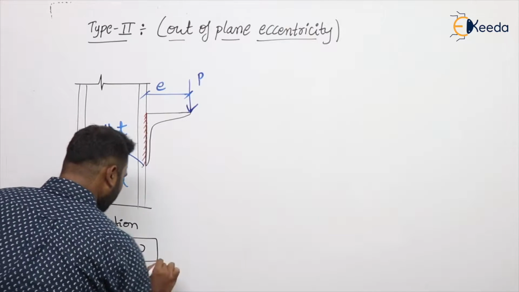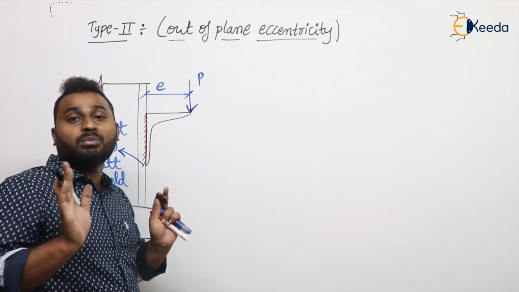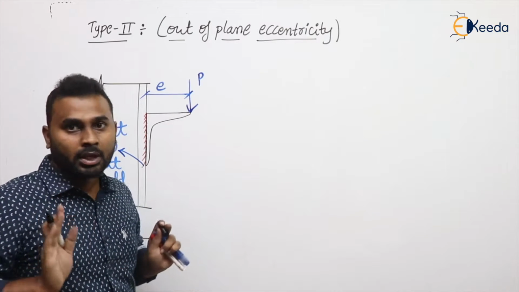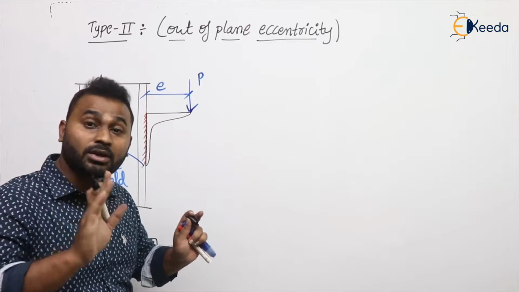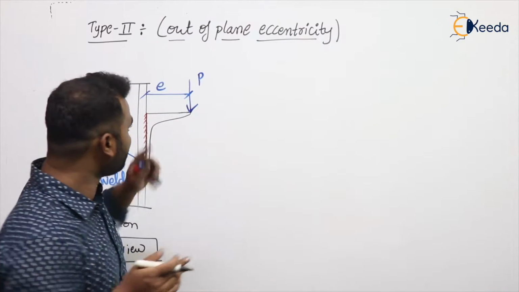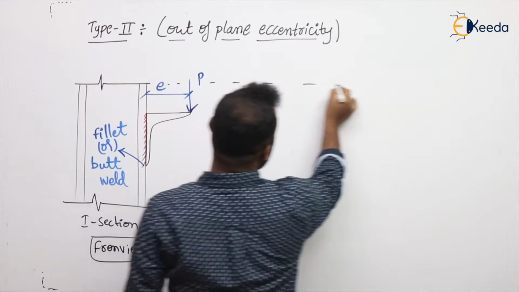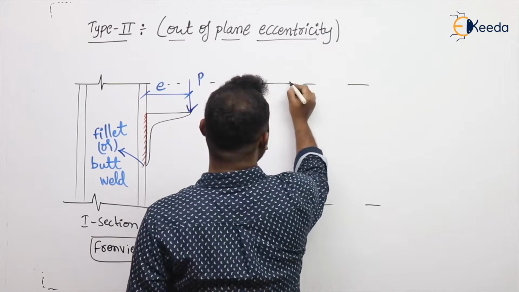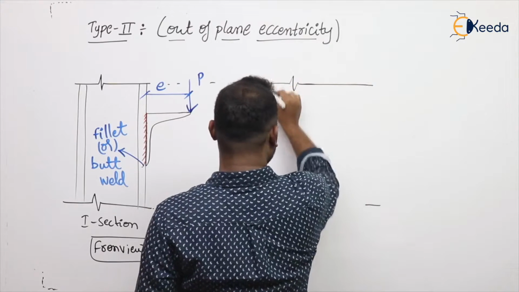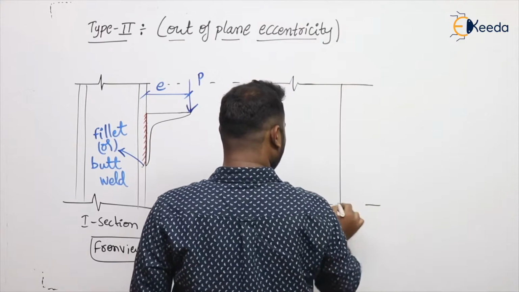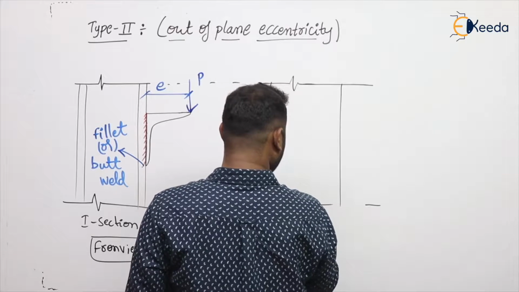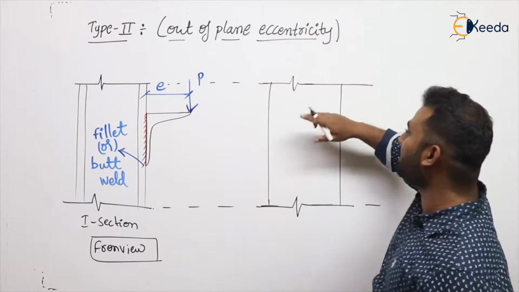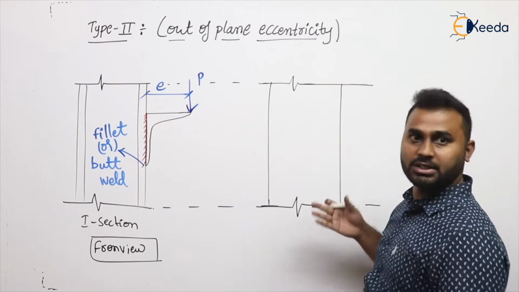In front view, we can't observe the difference between fillet weld and butt weld. Only in side view we can observe the difference between fillet weld and butt weld. Hence I am going to draw that. So in side view we can observe only one flange but not the web and the other flange. To which flange the bracket is connected, that flange we can observe, and there exists the web and the other flange at the back of this flange. Hence they are not visible.